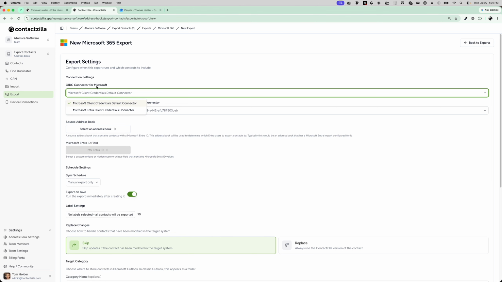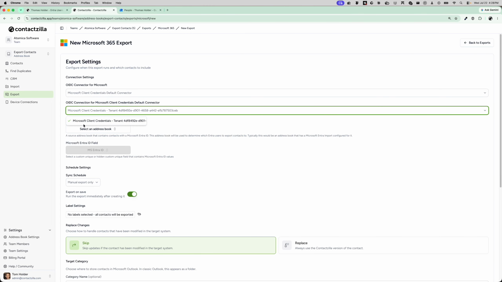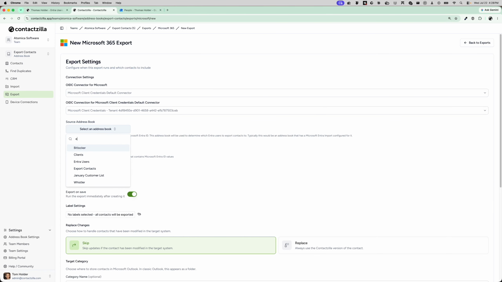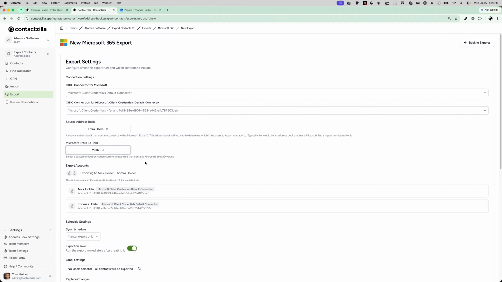You can see here the OIDC connector that we set up previously. We're going to leave this as the default connector, and we're going to select the client credentials token here. We then want to pick that Entra address book, Entra users, and then select the field that we're going to use with the Microsoft ID, which is MSID, and it's going to give me a preview of the users that